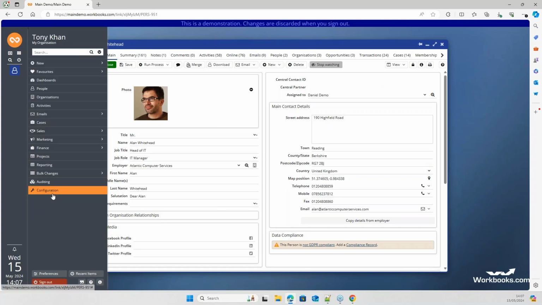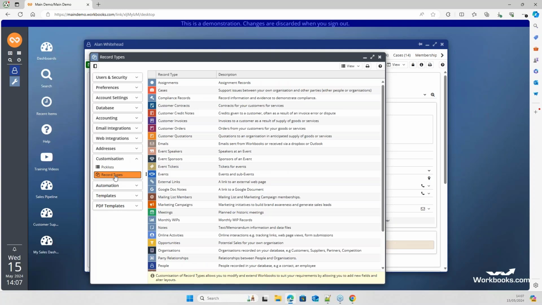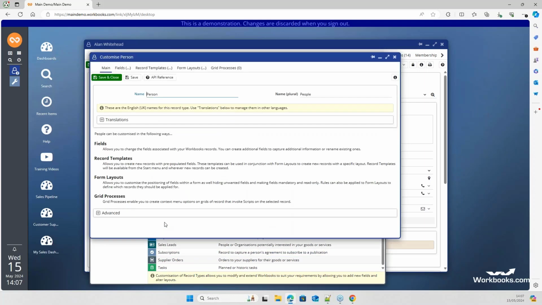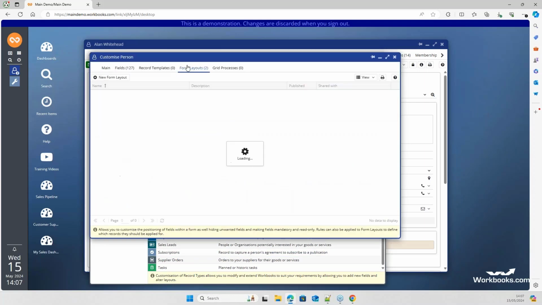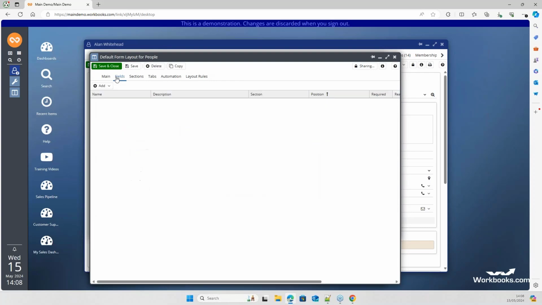Like a lot of things, it's in configuration. Now, hopefully everybody can see me opening it this time. So I'll go into the customization and the record types, and we're looking at people. The icon in the top left gives us a clue. So I'll open the people record, and it's a form layout, as mentioned. We looked at layouts a little while ago, but I'm not going to go too deep into those. And it's the default layout we're playing with. And this will load, and it will load up all the fields that we can play with. So I'm just going to go into the fields section,